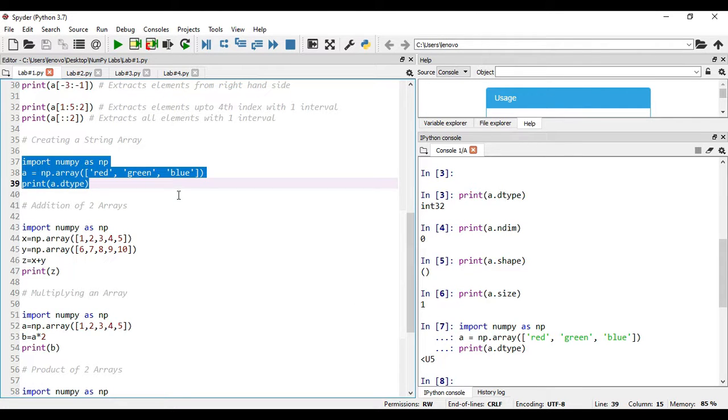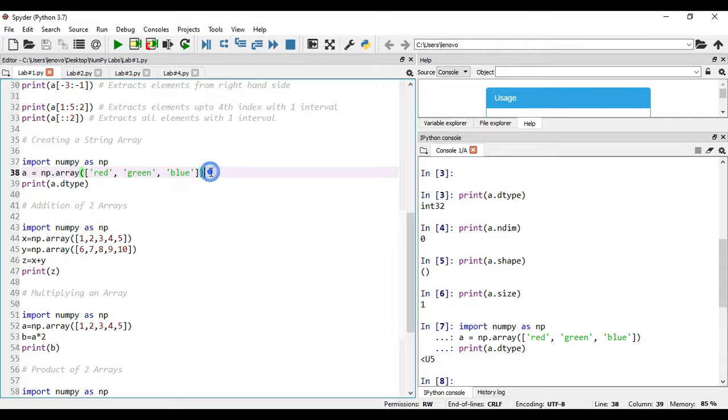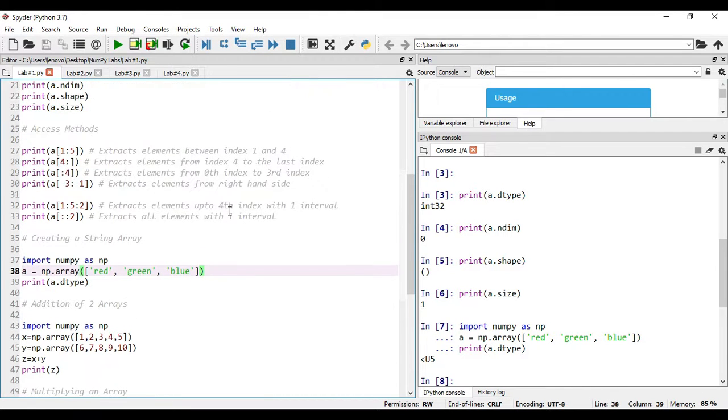This is the way how you can create the string related array. And remember, here you see it is completely a 1-dimensional array. Why? Because this array is having more than one element, that is red, green and blue. As there are three elements passed to this array, automatically it will become a one-dimensional array, right?